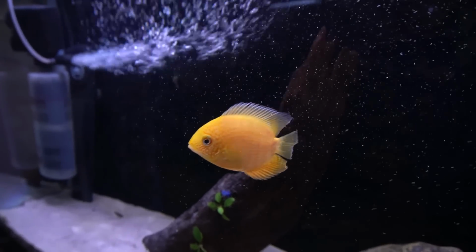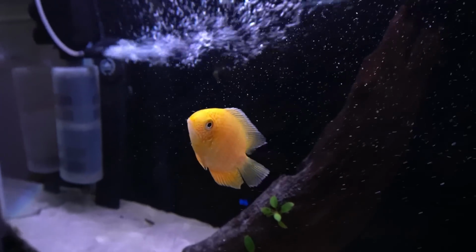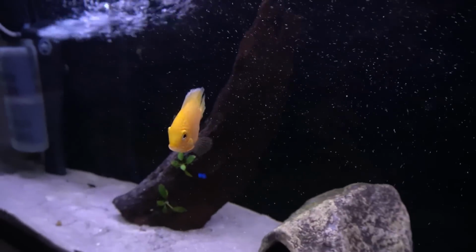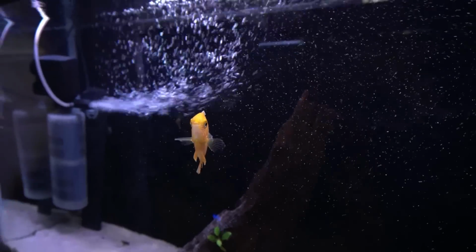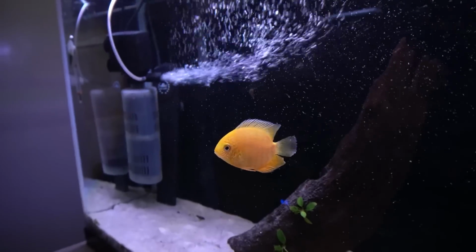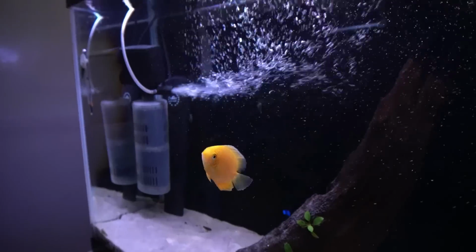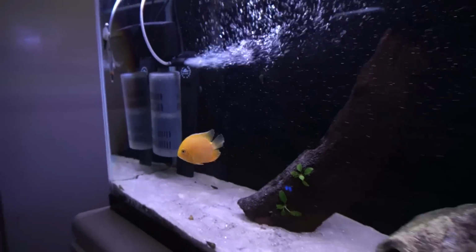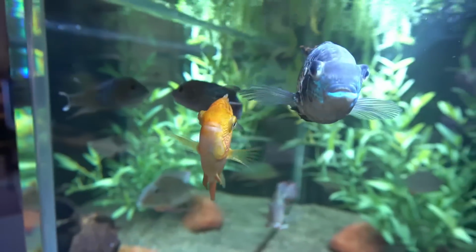I just don't know what I'm going to do with him, because I've seen Cichlid Brothers have a couple of these red spotted severums living together. I think they're red spotted, they might just be yellow severums, so I know that they can live together. But boy oh boy, the one in this tank here is just a total jerk, and just immediately started